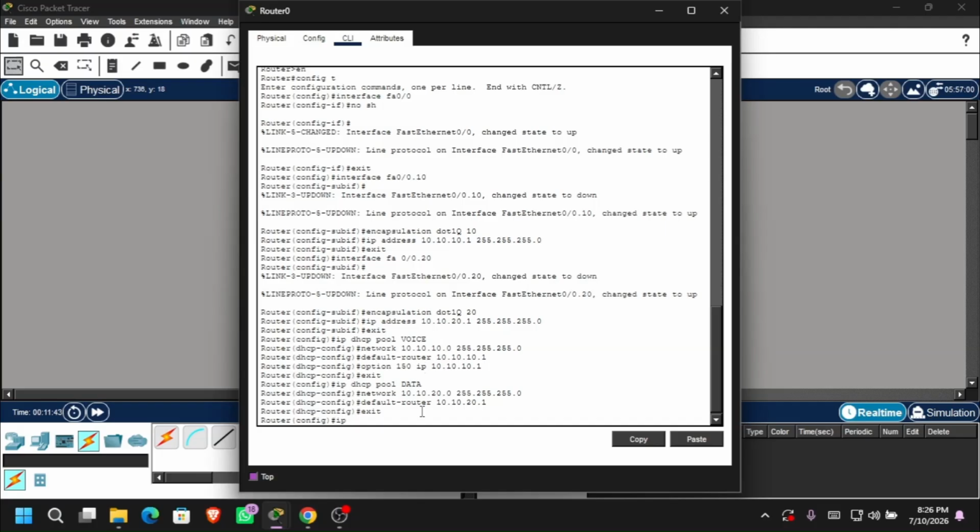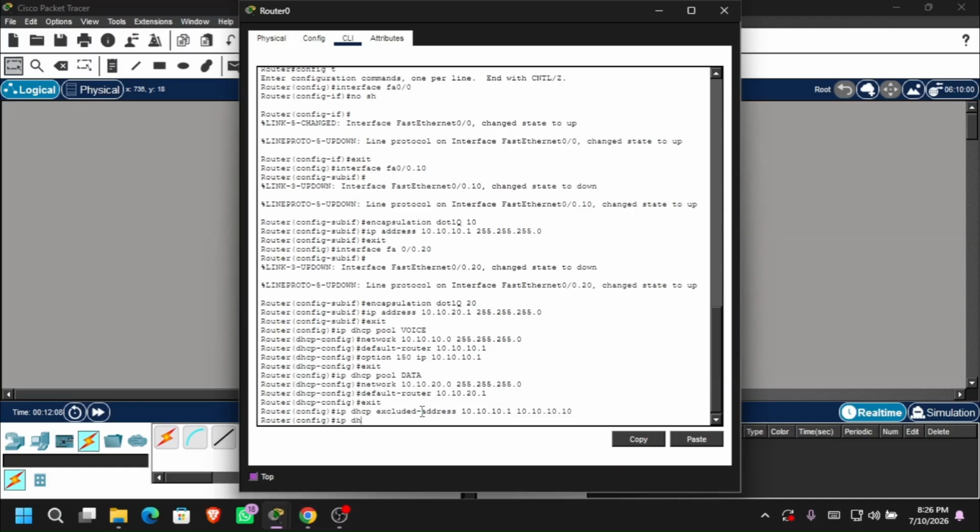So we use ip dhcp excluded-address 10.10.10.1 to 10.10.10.10,